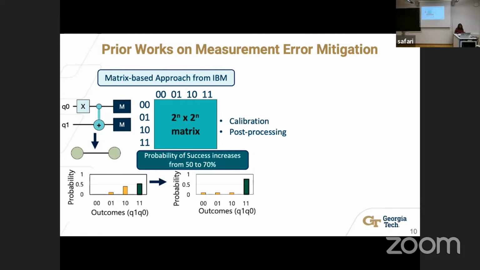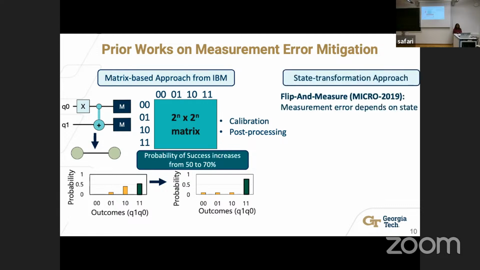So there was another work on measurement error mitigation, which uses the notion that you can transform the state. It was called Flip and Measure. It was by Swamit who was at my lab, and it appeared in MICRO 2019. The idea was that your measurement error depends on the state. So if your qubit is in state 1, you're more likely to encounter an error than your qubit being in state 0. So if you use that insight, you can